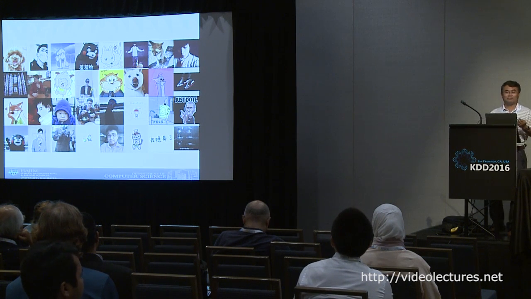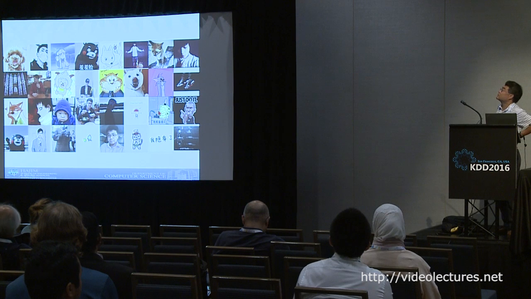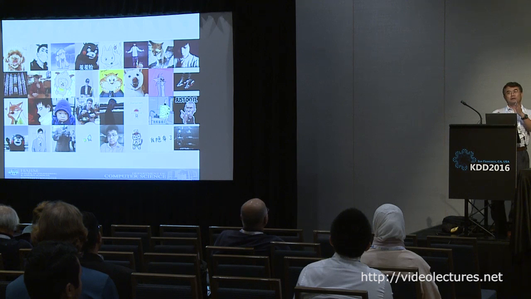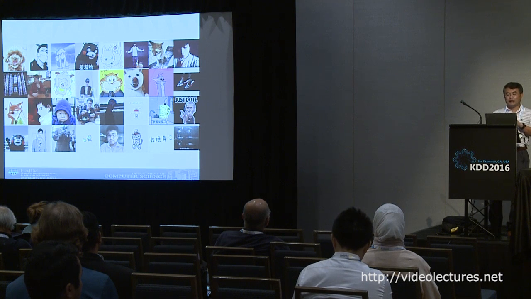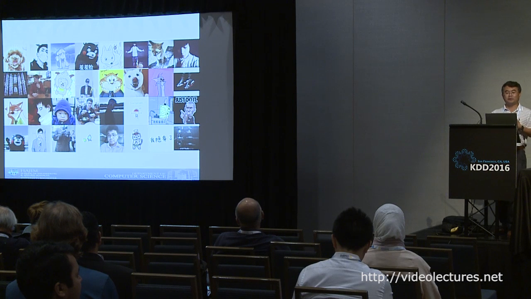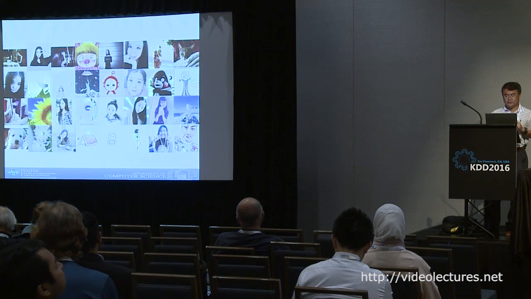So you can have your own picture. Some people do use their own picture, but some people use cartoons, animals, flowers. In fact, there was a paper last year, I think, about understanding the type of person the user is based on their avatar, but that has to be a real picture of the face. But in this work, we don't care if it's a face or not. So basically, we use computer vision techniques to train to recognize these things.